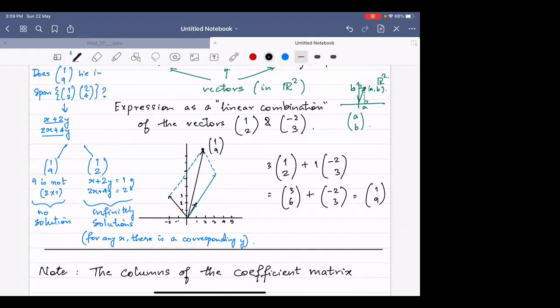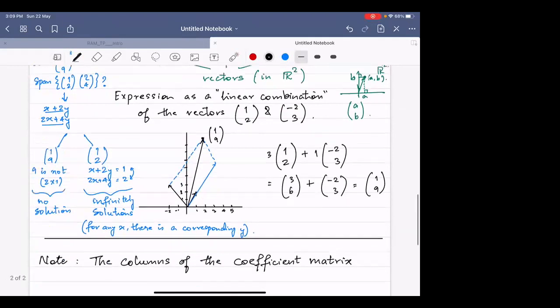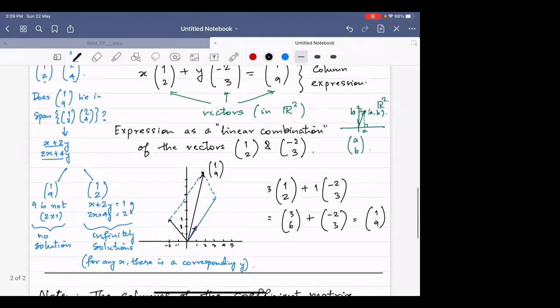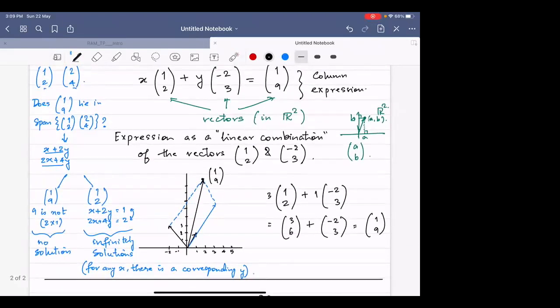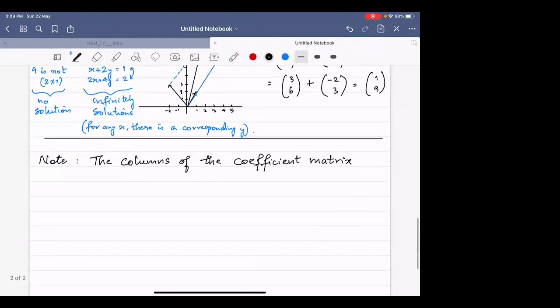Okay, only then the system will have a solution. Correct. And the way to express that is exactly in this language that I have written here. All this that I have written here in the language of columns or column vectors, that's the language we will take forward. So if the columns of the coefficient matrix do not lie in the same,